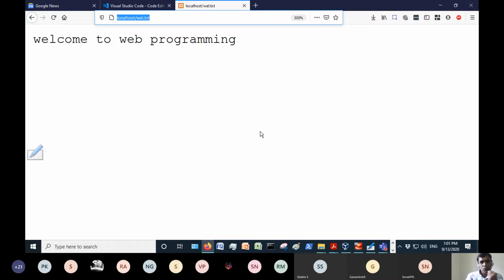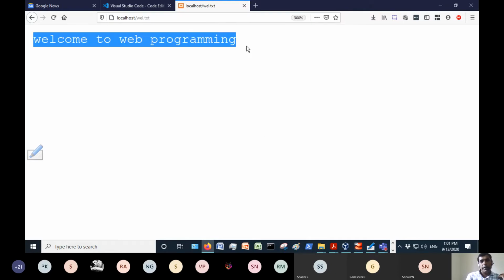So this is how we need to do it every time. Do your programming and save your programs in the document root. For programming, use any editor like Atom, Bluefish, or Visual Studio Code, or any other editor. You type the program, save it, and you can run your program here. I hope you understood how to do web programming.